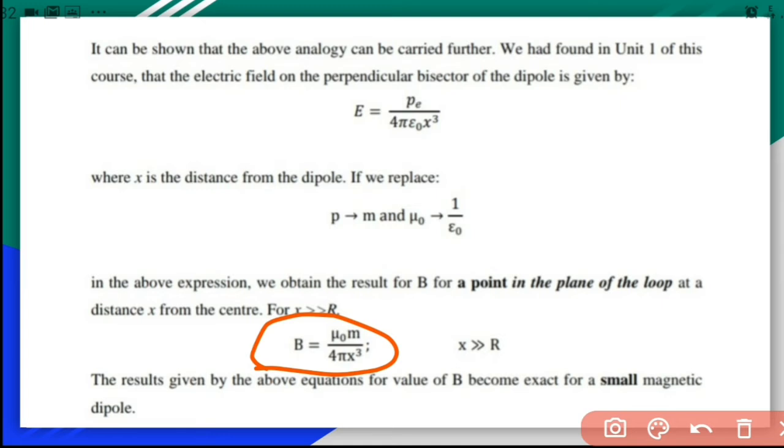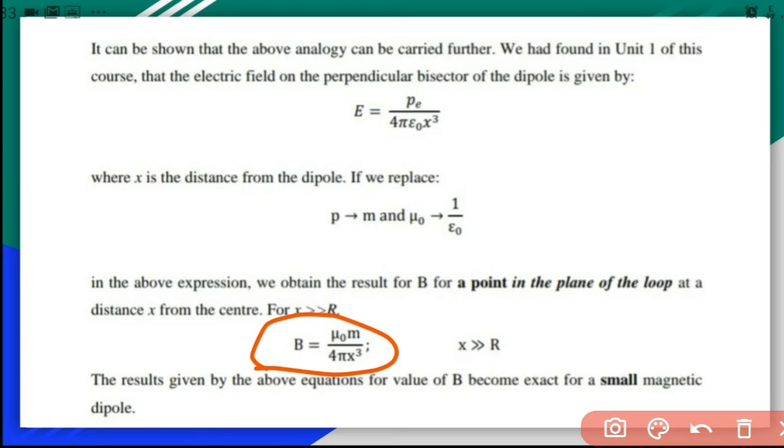So the previous equation we obtained from the case of a circular current loop. This equation we proved in the case of a small magnetic dipole, which is a bar magnet. Actually for a bar magnet also we can find the expressions for axial magnetic field and equatorial magnetic field. Such topics were there in the syllabus in the previous year. This year all such topics are deleted. That is why we don't have a reference for that. In order to avoid confusion, I haven't discussed it at all. So try to understand that this equation, like the previous equation, also holds for a bar magnet.